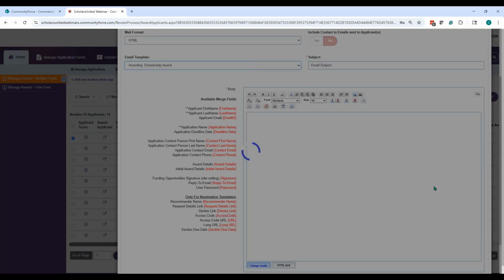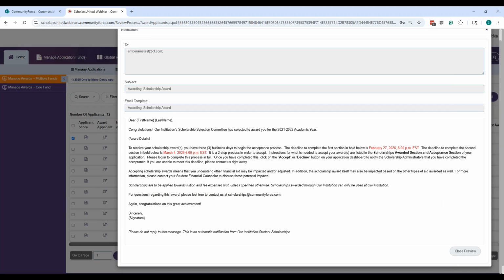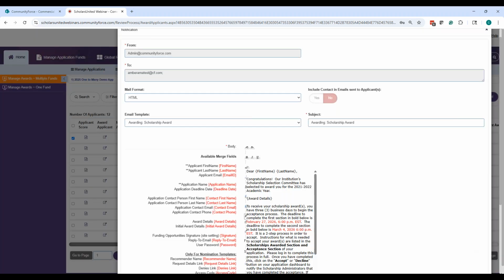It'll populate it, and then you can schedule it to happen at a later date. So maybe you're going in, you want to make sure that you get these emails out. And so you're going in and scheduling them, but I don't want them to go out today. I want these emails to go out maybe Friday. That gives me time to get everything together, and then all the emails go out together. You can schedule that for Friday, or I can click send now and send it now. Or of course, you can also preview this if you want to know what the preview looks like, how it's going to look to them. You can do that as well.